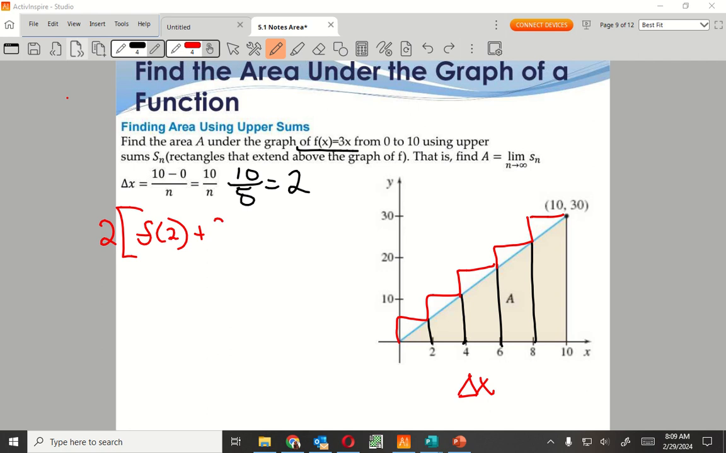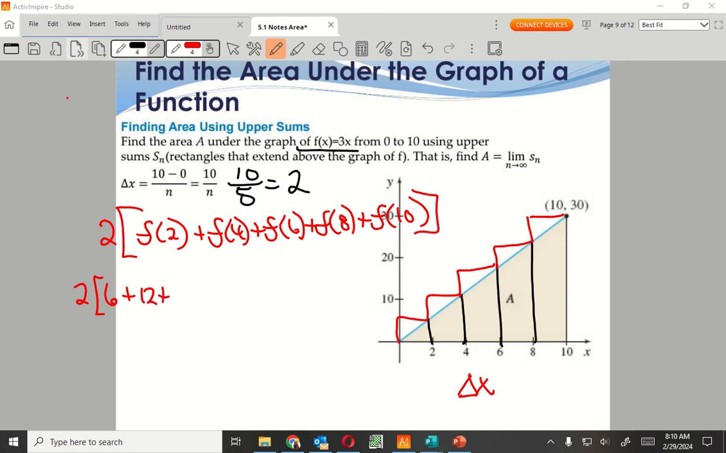So next one's going to be f of what? F of 4. Very good. Plus f of 6. Plus f of 8. Plus f of 10, right? Because it's all the uppers there. Using my function, f of 2 is what? 6, plus 12, plus